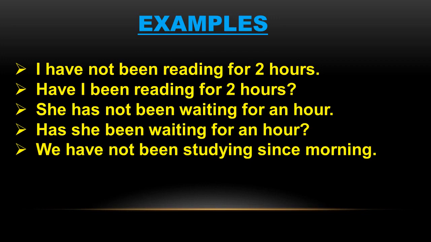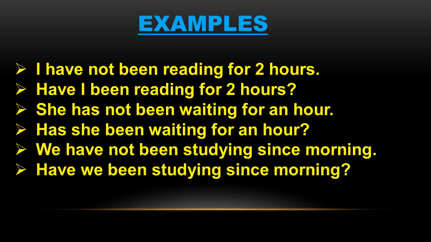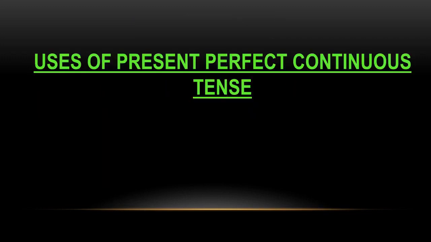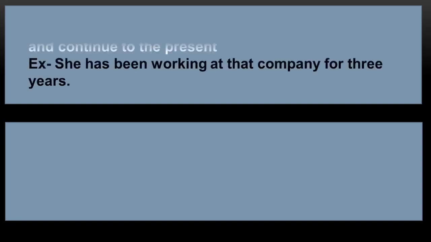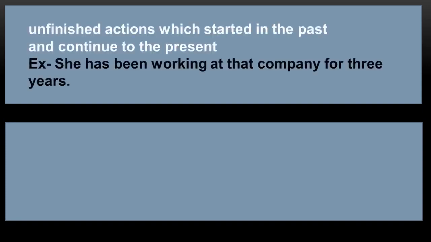Another example. We have not been studying since morning. Now change the same to interrogative. Have we been studying since morning? So these were the examples of present perfect continuous tense. Now let's discuss the uses of present perfect continuous tense. The first use we have